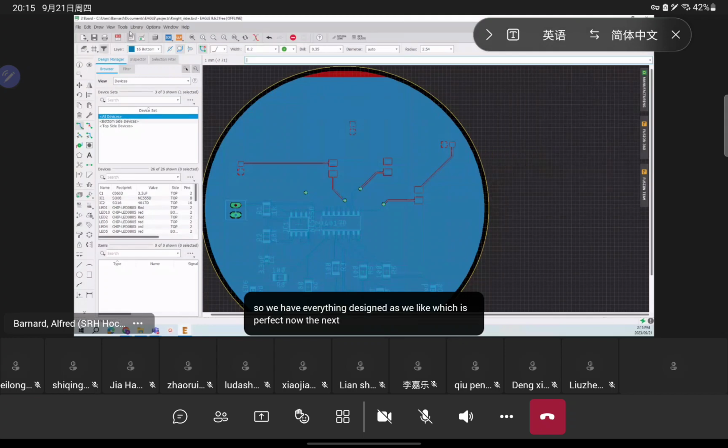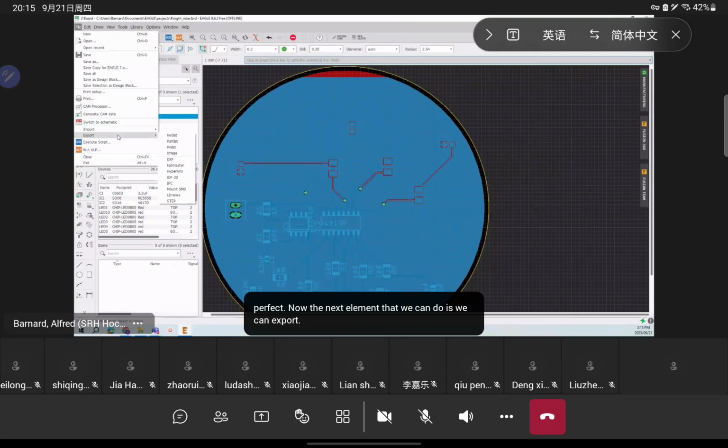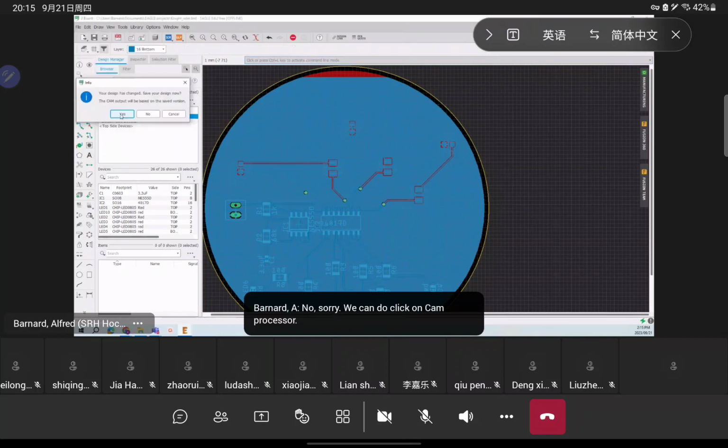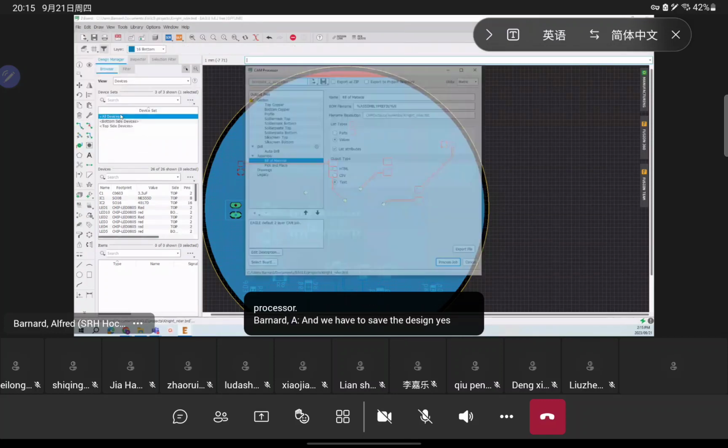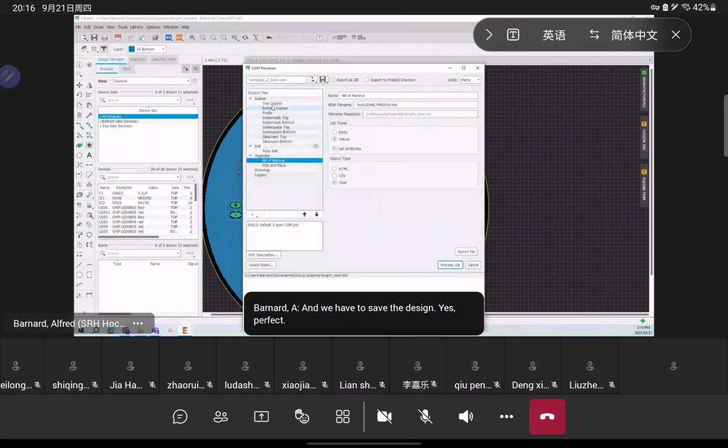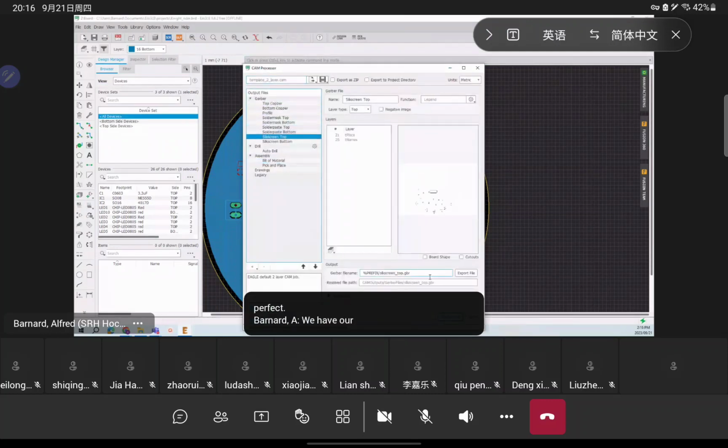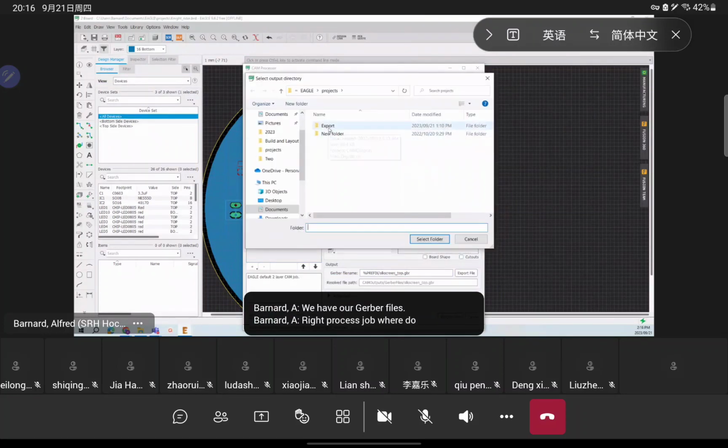Now, the next element that we can do is we can export. We can click on CAM processor. And we have to save the design. Yes, perfect. We have our Gerber files. Right, process job. Where do we want to save it? Let's save it in this one, and we create a new folder for our